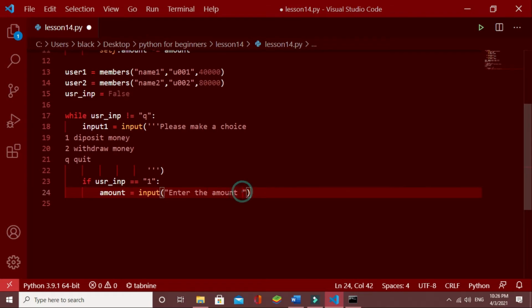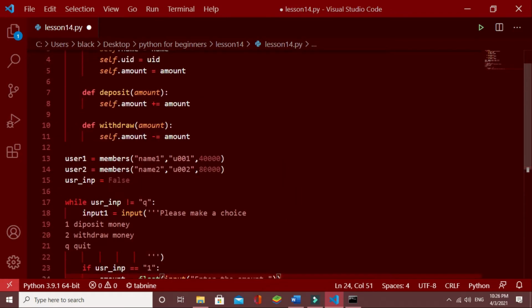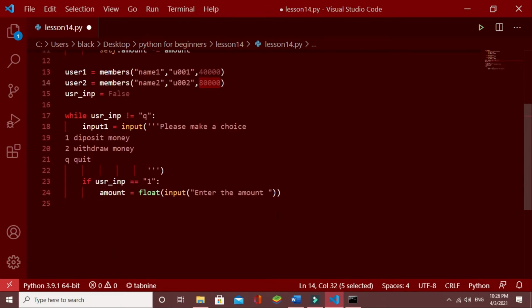Enter the amount, and here we have to convert this into float, otherwise we cannot do our calculations. In these places I have also inserted them as integers, so we can consider them as float too. There is no difference for calculations. In here I'll take this amount as float.